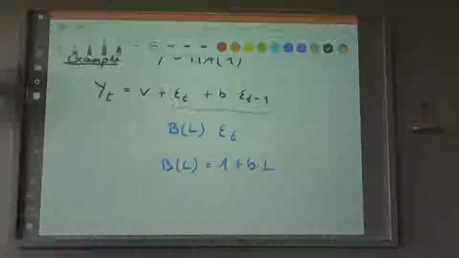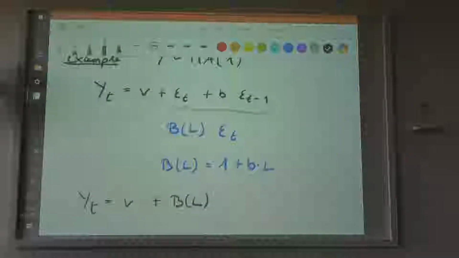So all in all, you can say that Yt is going to be equal to the constant plus the lag polynomial for the white noise at point T. So lag polynomial times epsilon T. That's going to be the same thing. So basic characteristics of the lag polynomial will also give you the characteristics of the process here as well. That's relatively similar to the autoregressive models as well, and then we're going to put the two together.